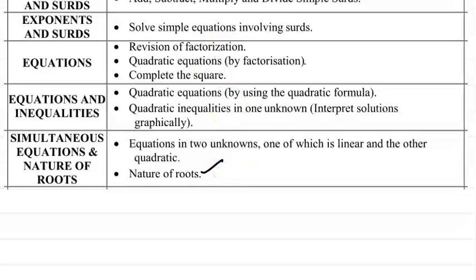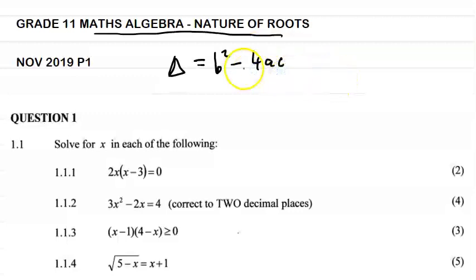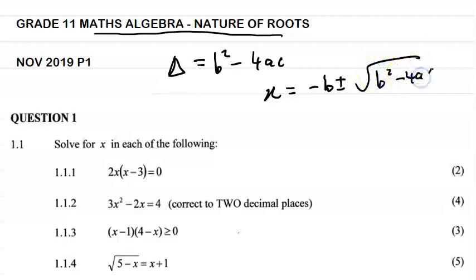Now when looking at the section nature of roots, we have to understand the following: that everything is based on the discriminant delta, which is b squared minus 4ac. Where does delta come from? It comes from the quadratic equation, which is x equals minus b plus minus the square root of b squared minus 4ac all over 2a. And as you can see, delta is underneath the square root sign, which tells us a lot about